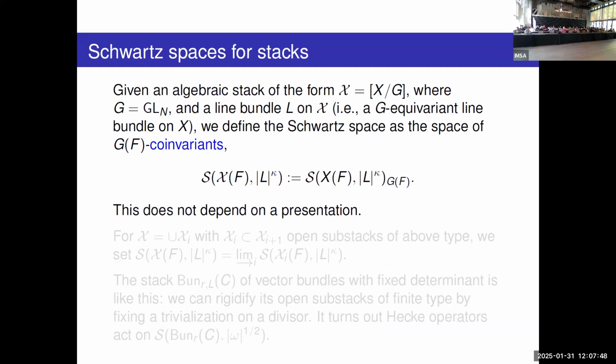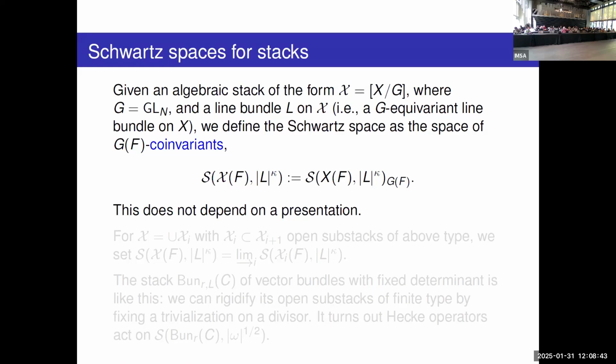Right. So now, when we're interested in considering the spaces for the stack of bundles, this is not a variety; this is a stack. So let's consider what one should do for a stack. This actually was done in the work of Gaitsgory and Kazhdan. So for example, we can just start with a quotient stack, which is an algebraic variety with an action of a group, and then you take this stacky quotient. Now I assume that the group is GL_n, so as not to have any non-trivial torsors over this group over the base field. And then the basic idea is that you can start with